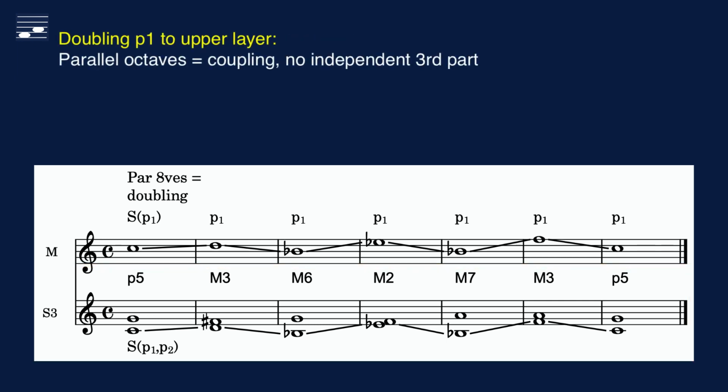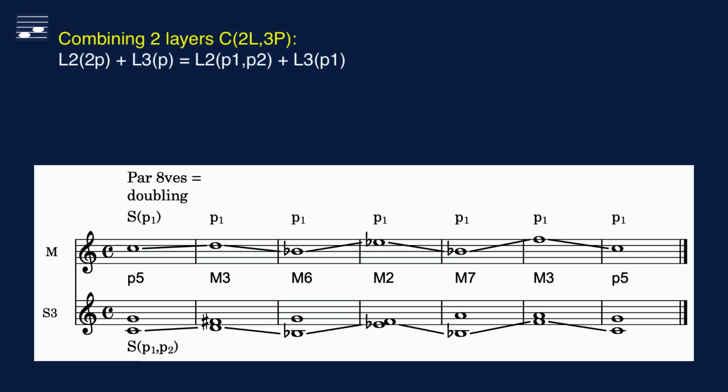Now we double the lower part by transposition into the next higher octave. The parallel octaves imply that we do not have an independent new part. This is called coupling. The combination of the two layers with a total of 3 parts becomes